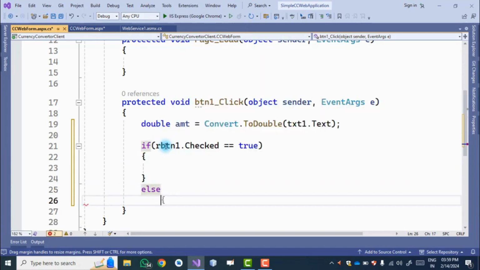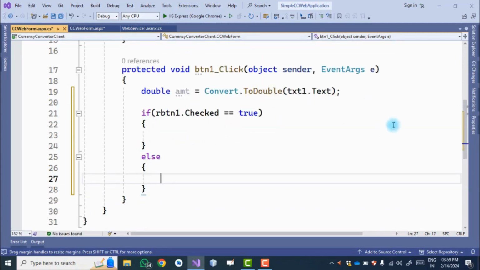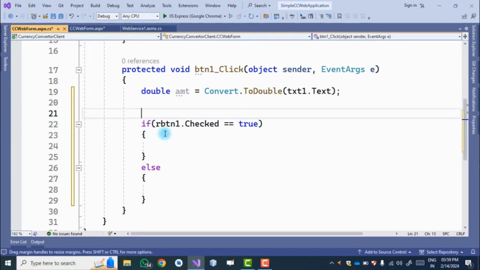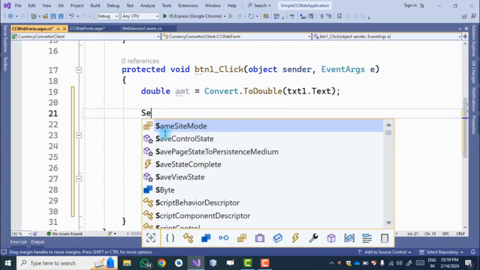Else, the radio button 2 is selected. Now on this radio button we call the web service method which is there on your server. For that, we first create the object of the service reference.